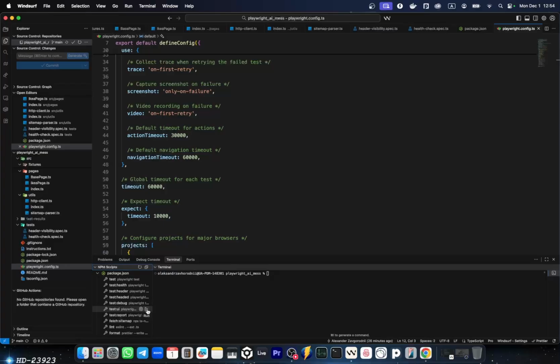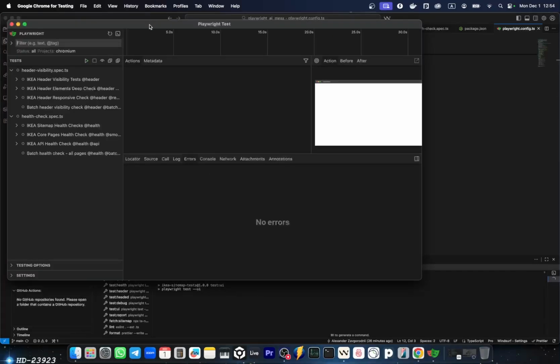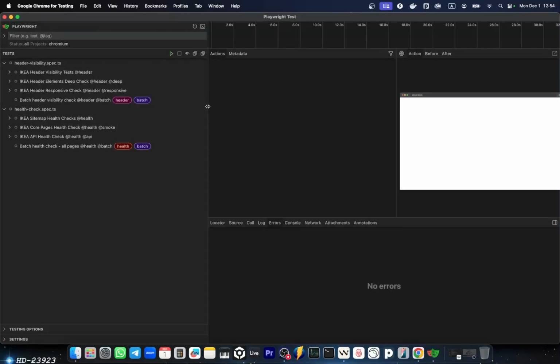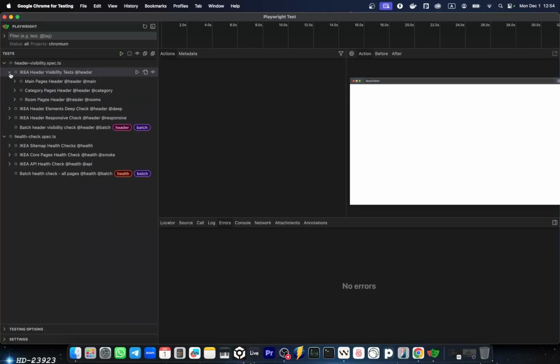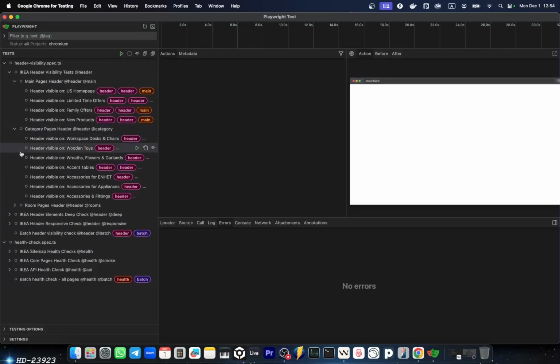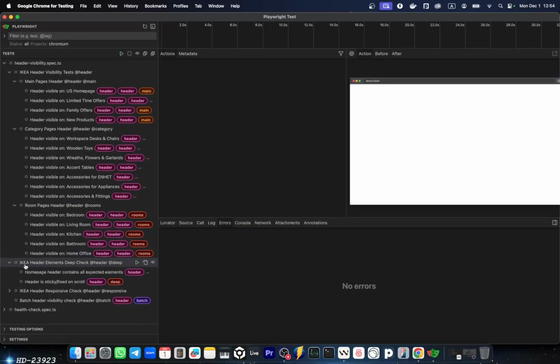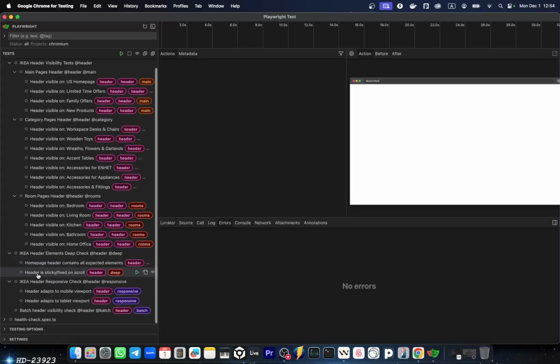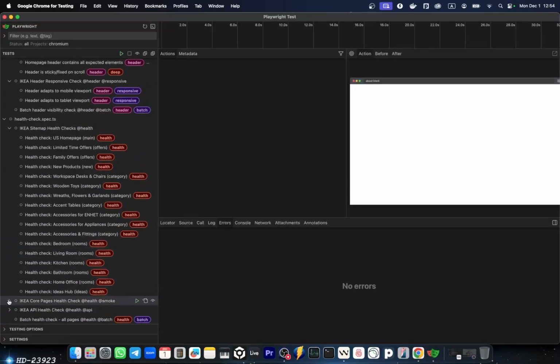It really is confusing. I'm going to launch the Playwright UI mode just to see how this stuff looks. Here is our test structure. Yeah, it's got lots of tests, it probably checks everything I wanted it to check, and the health check as well. So that's a lot,